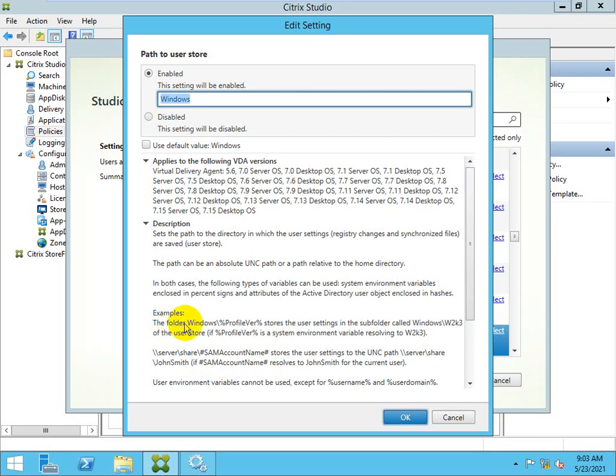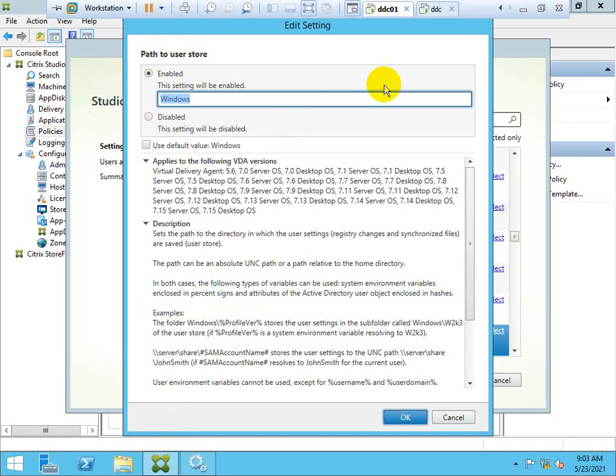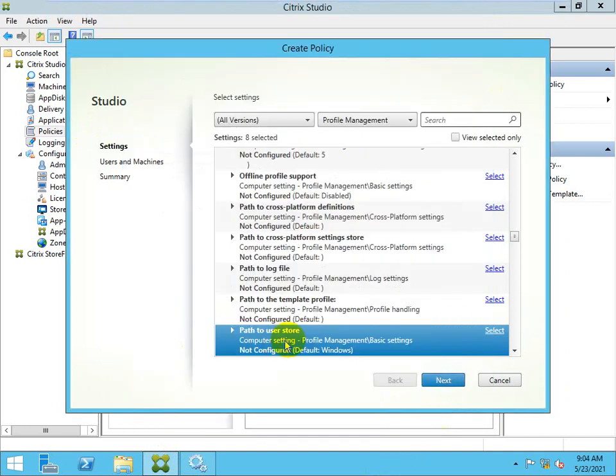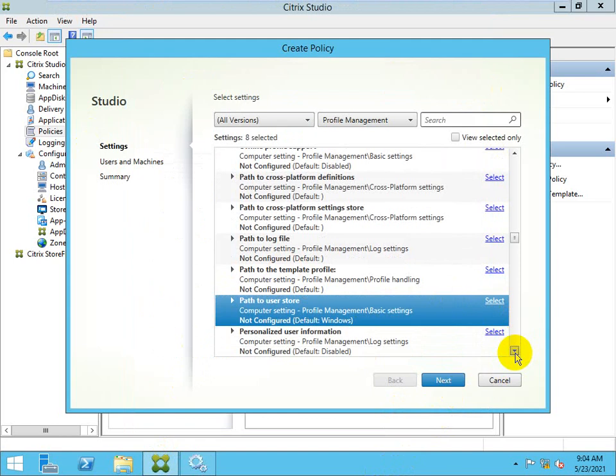Apart from this, we can put the location like this: percent, profile version, percent. So it would be like \\server\share\%profile version%, and we will put it here. Okay. So once any user logs in, that profile is automatically created with that username.